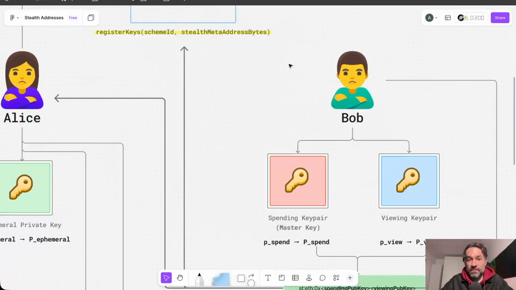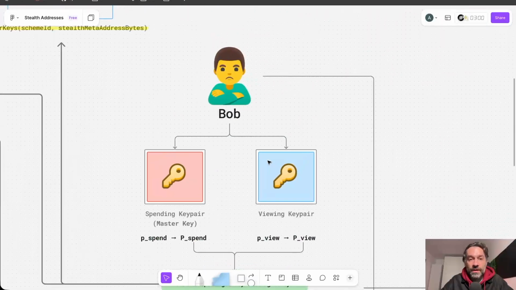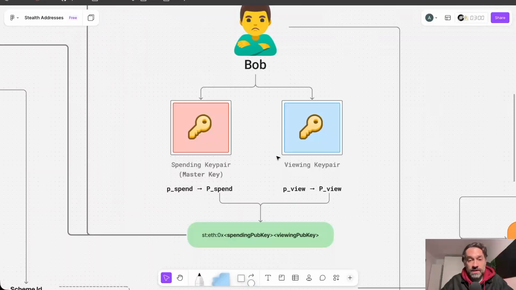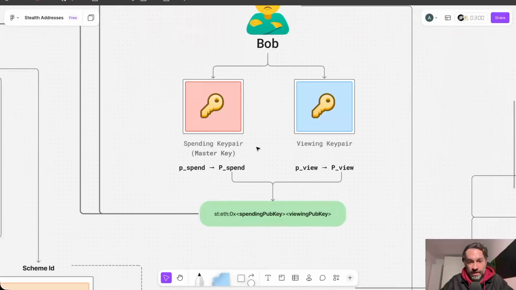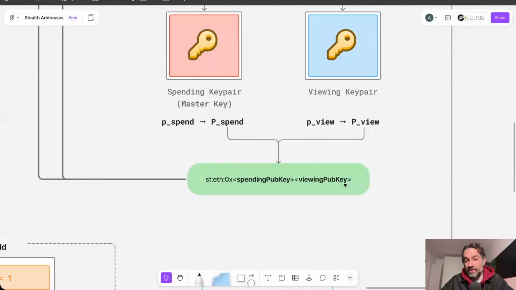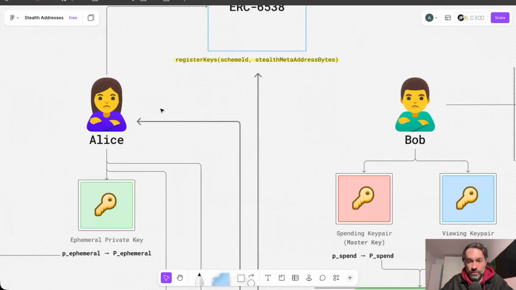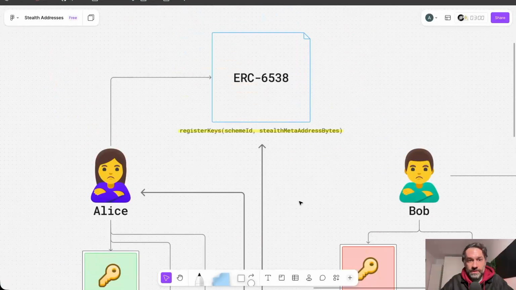the beginning and quickly make an overview. So Bob basically needs to create random key pairs. One is a spending key pair, and the other is a view key pair. It's basically not related to his main account. These keys he can store in an external service, or he can store locally, or create in some trusted environment. Then he needs to concatenate the spending public key and viewing public key. Then he needs somehow to register or send to Alice what she will understand as the stealth meta address